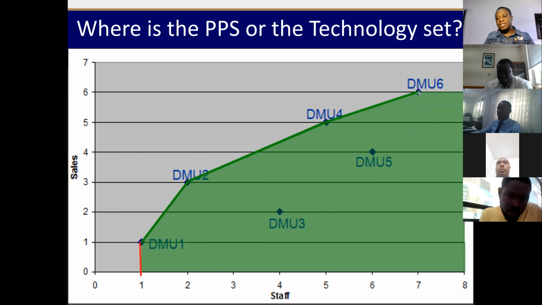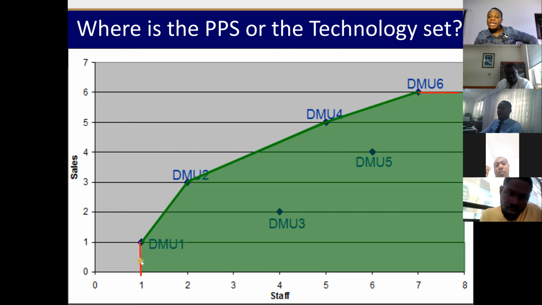And there is a horizontal line that I've also drawn from DMU6. These lines, if you now have a DMU which is located on that frontier star,